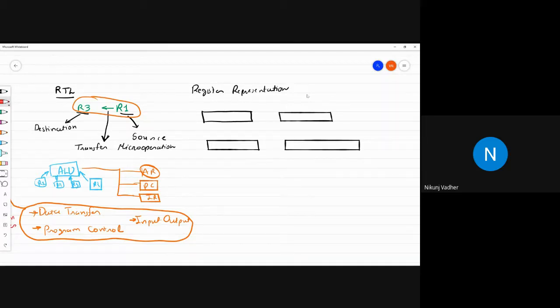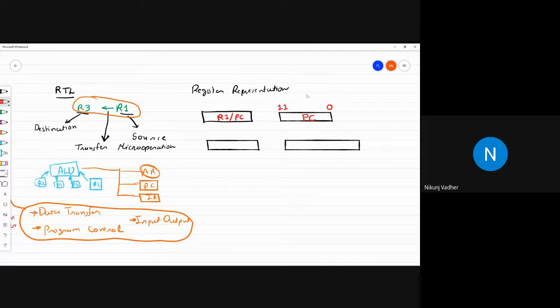First, a very simple method: the name of the register, let's say R1, or you write program counter or anything. Whatever the name of the register is, we put that name inside the block, and that represents that particular register. Another method is to write down the name of the register, and on the top part we write down the size, that is, how many bits are there in that register.